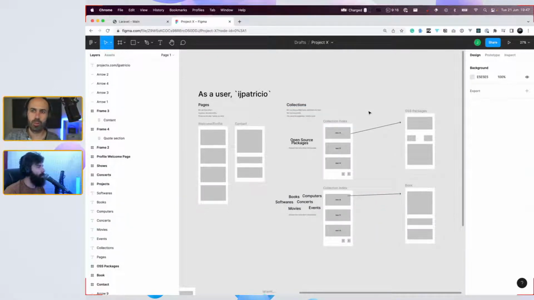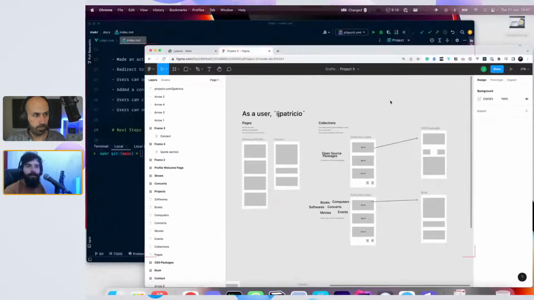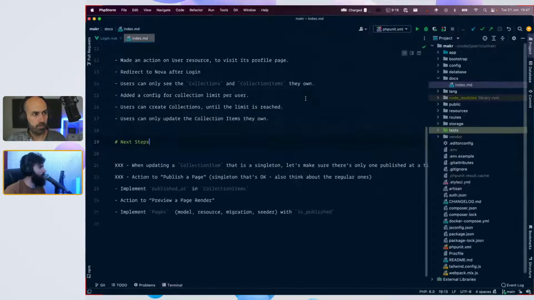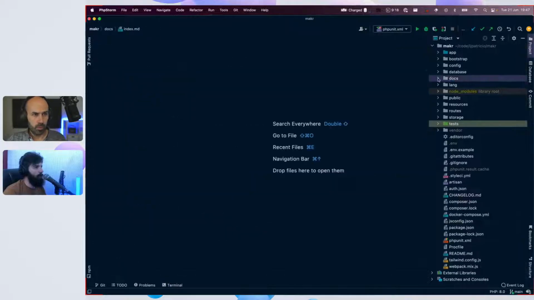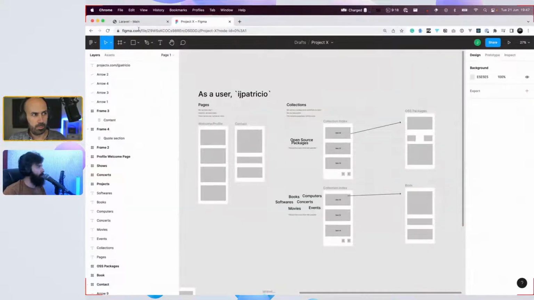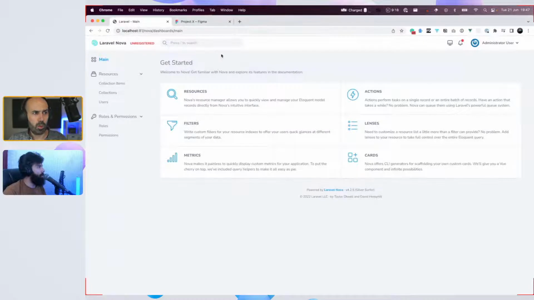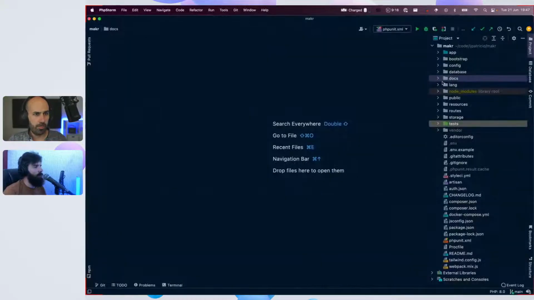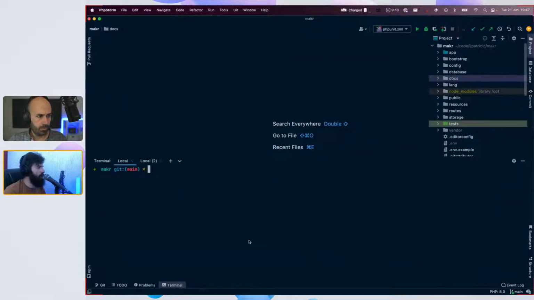Yes, yes. So I think we need to create a new migration for a page. Okay, so let's do that. Yeah, I think we can create the migration for the page. It's probably similar to the collection item.